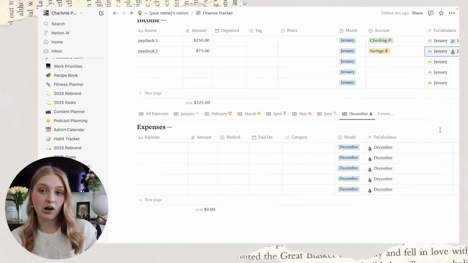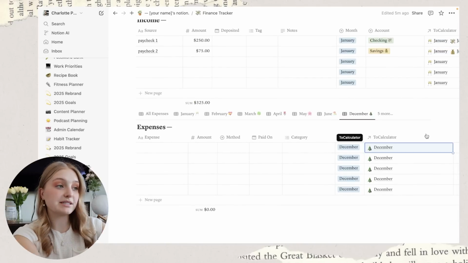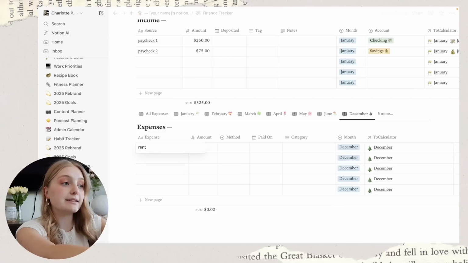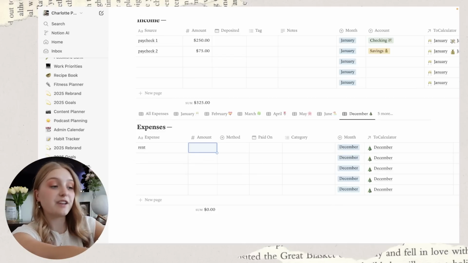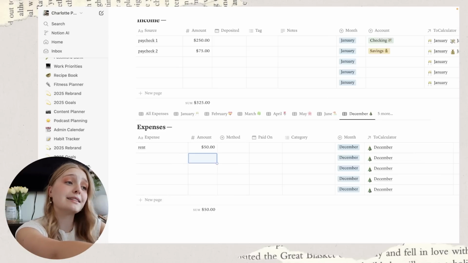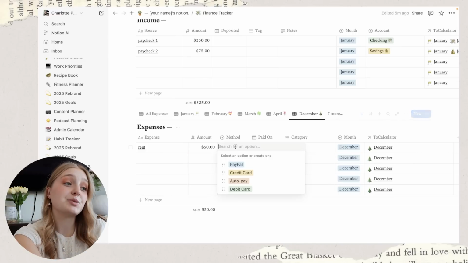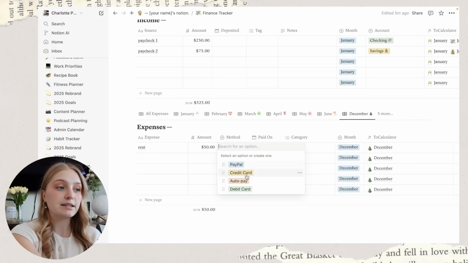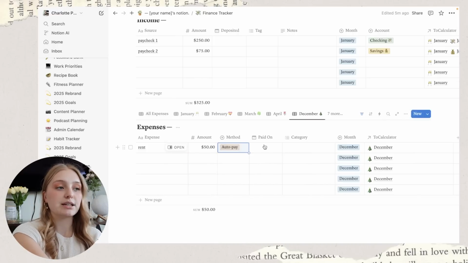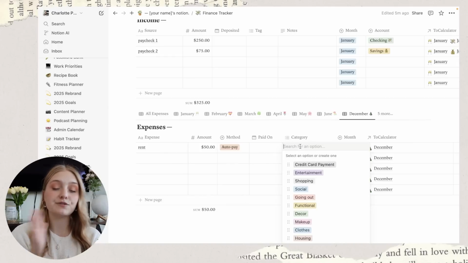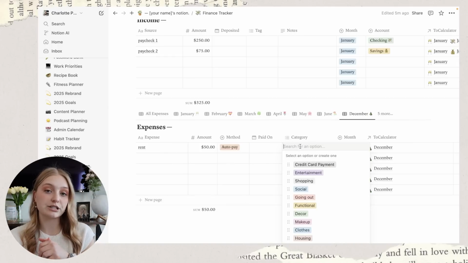Expenses are a little bit less complicated, but it follows the same principle. So let's say you had rent, and we're living in some fantasy world where rent is only $50 a month. Wouldn't that be nice? In here, you can select the method. For ease, we'll just say that this was auto pay. You can insert the date that you paid it on, the category that it is. If you like to categorize your spending to keep track of a budget, that's what this